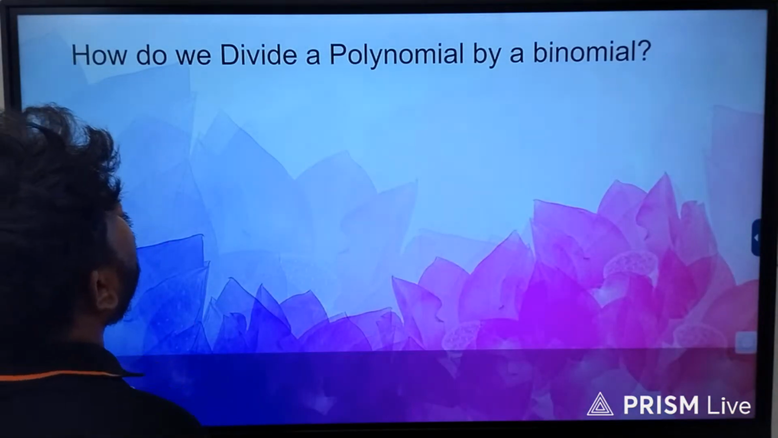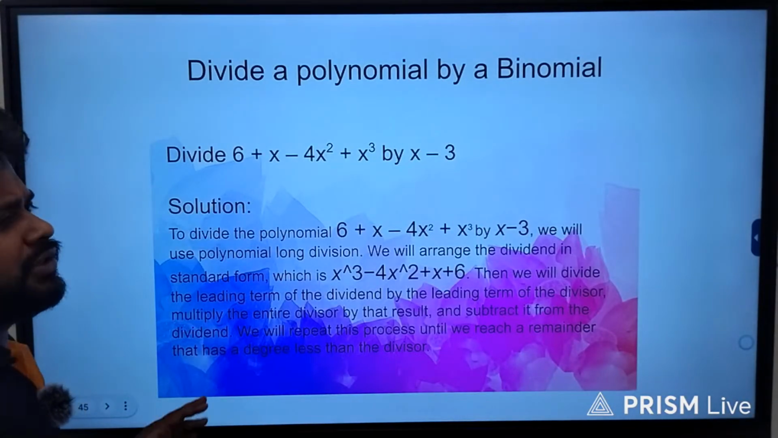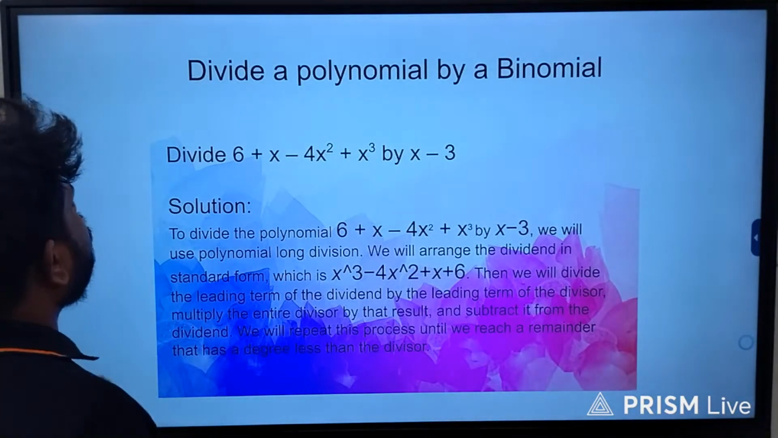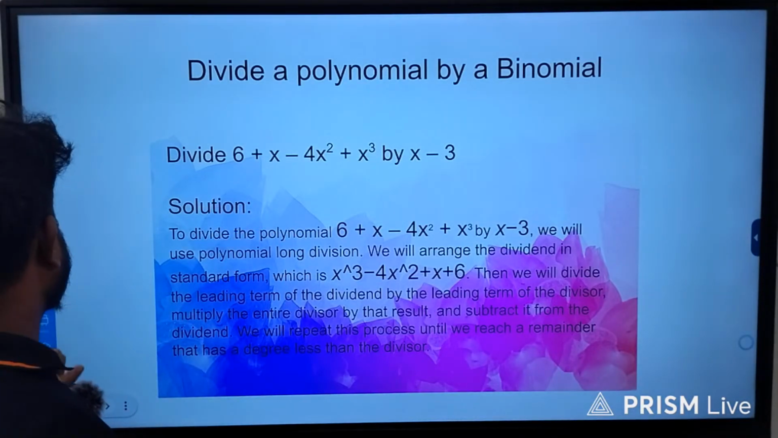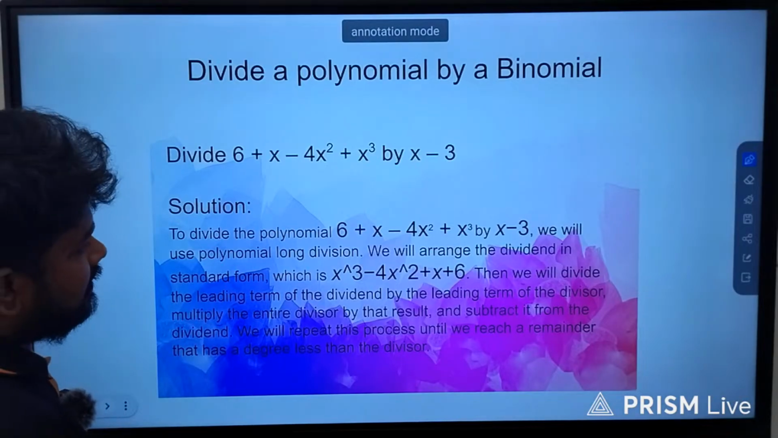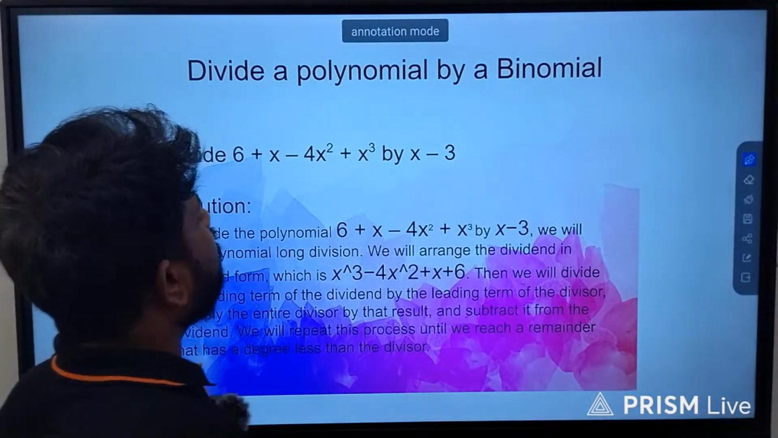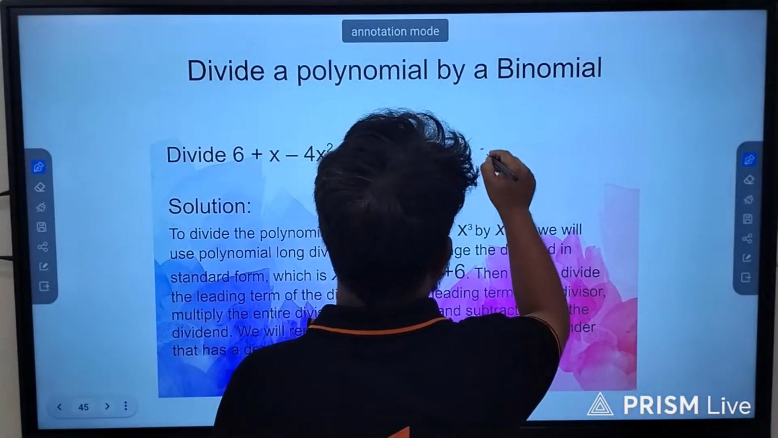So how do we divide a polynomial by a binomial? The similar process. I am not just playing the video here. Okay, so divide 6 plus x minus 4x square plus x cube by x minus 3. Okay, there will be the similar process, like